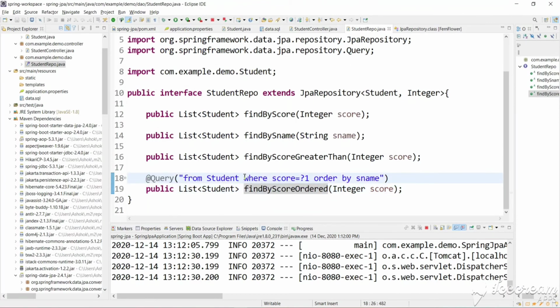So the main advantage here is we are not connecting to the database on our own, and we are not fetching and storing all the details in the list. It automatically connects to the database, executes this query, fetches the result and saves it in this list. So what we have done here is we just defined our own query. So this is the beauty. I hope you understood, and these are the methods already provided by default, the basic methods. And if you want any complex queries, we need to write like this.